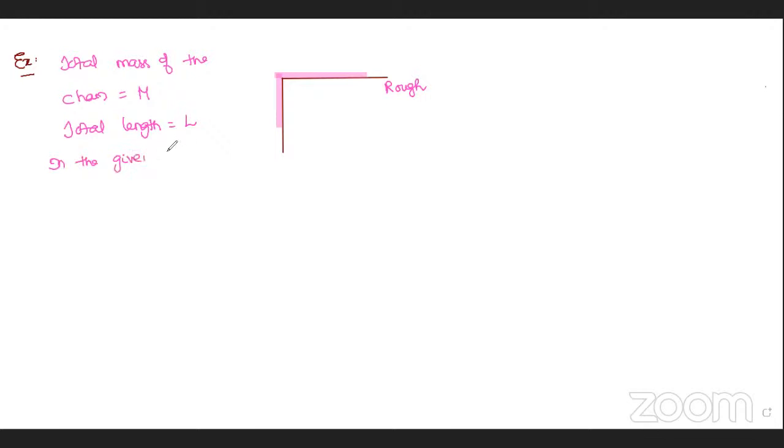In the given figure, okay, no problem. What he said: 1 by nth part of the chain is hanging from the edge. Okay, if the chain is in equilibrium,